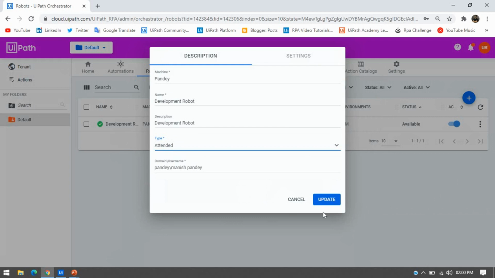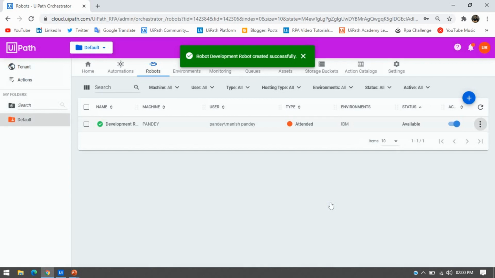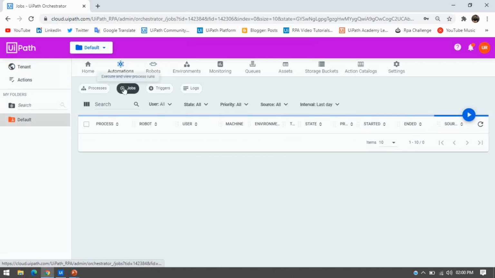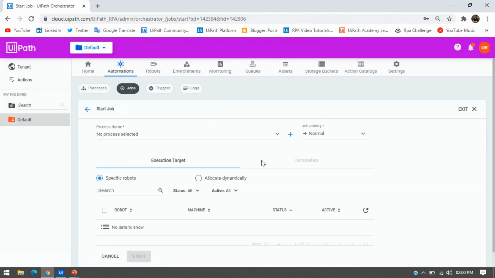So with attended, you should know that you will not be able to run your job from Orchestrator if you are using this attended bot. You can see from here, I'm going to click on Jobs, click on this, and select this process, and I'm not getting any robots here, right?